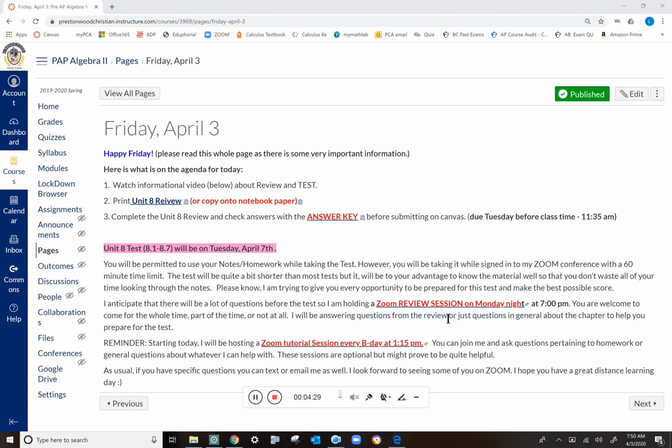Now, here's the thing. I know there are some of you, and you know who you are, that especially if you're allowed to use your notes, you will never stop. You will look and look and look and scour and see if you can find something that looks like it, just to make sure. You'll check your work 4 times, and you just won't want to let go of it. But here's the thing. That's not what this is supposed to be.